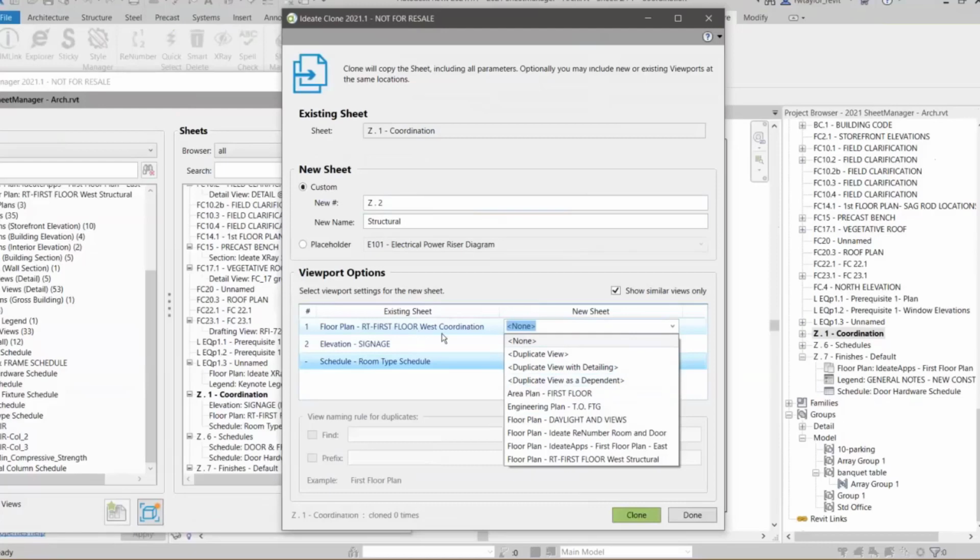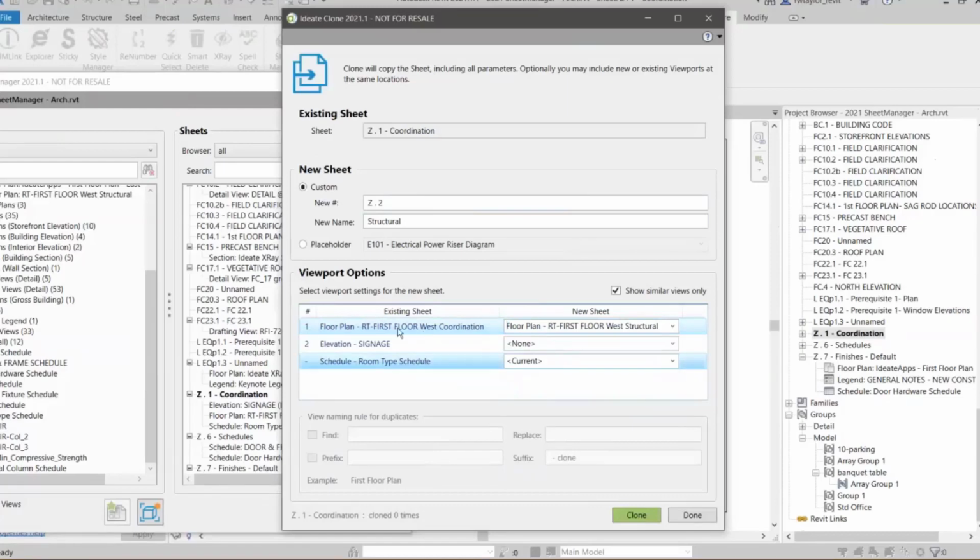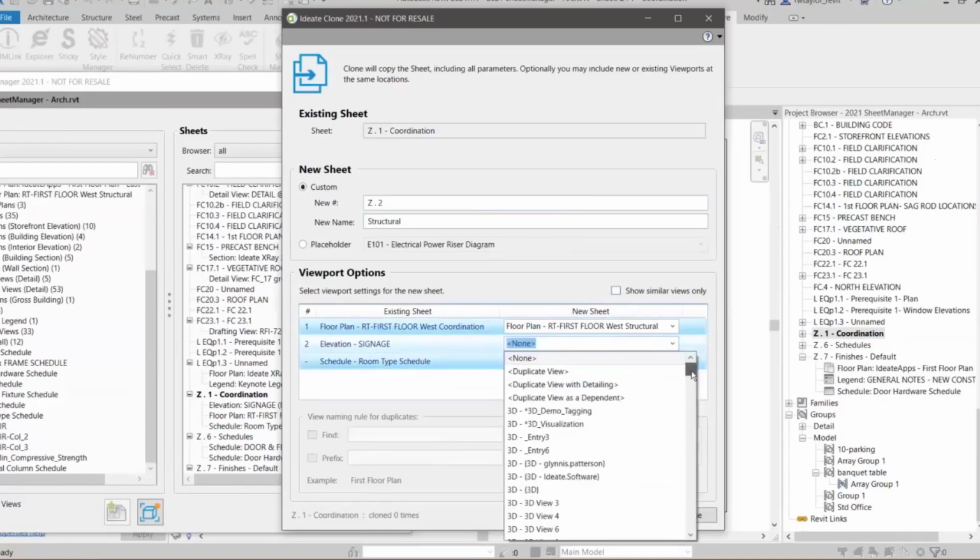So there's this west coordination. I already have one here, west structure. So I'm just going to swap the west coordination with the west structure. And then for the signage elevation, this is a detail, and I want to have a building elevation. So I'm going to untick that for the moment. And I'm going to come down here to my elevations and look at building, and we should have elevation for